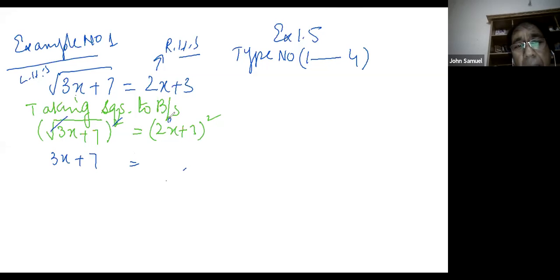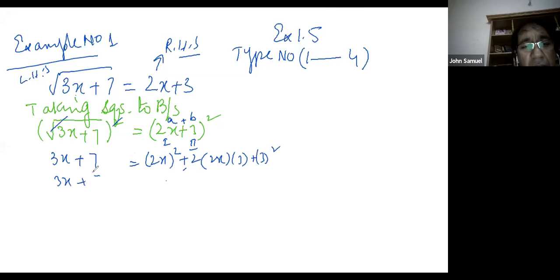So here you will apply the same formula as you have done in the previous class, and in the initial stages. Here we will apply, this is our first term. You are familiar, this is our second term. So we'll apply the formula: first term square, plus 2 times first term into second term, then second term square. Then 3x square we'll write as it is, we'll expand it, 4x square plus 2 times 2 times 3, which is 12x, plus 9. Hope you are getting it.